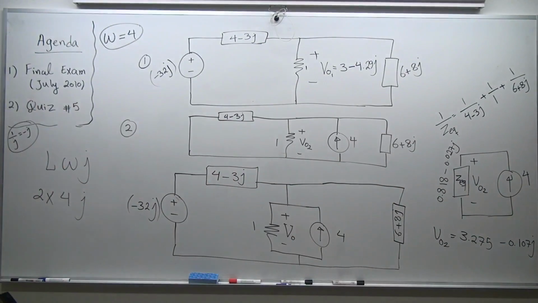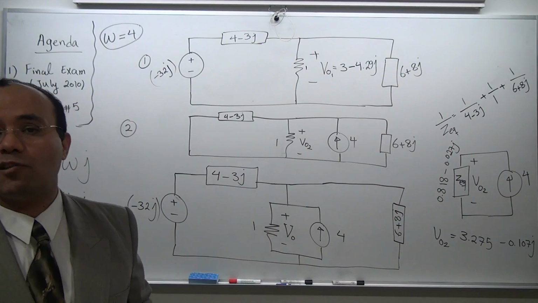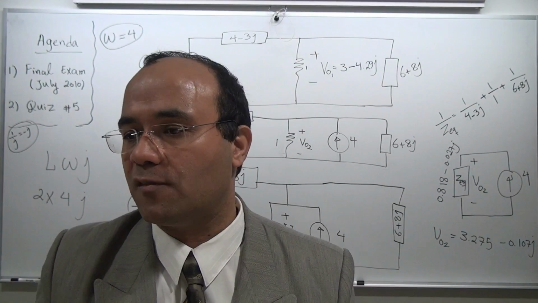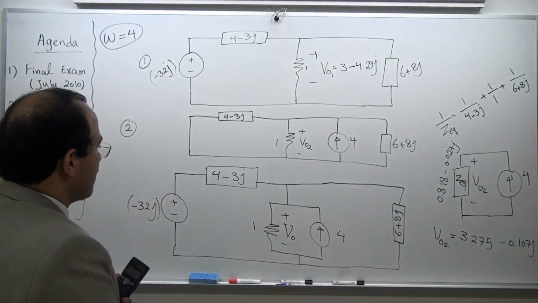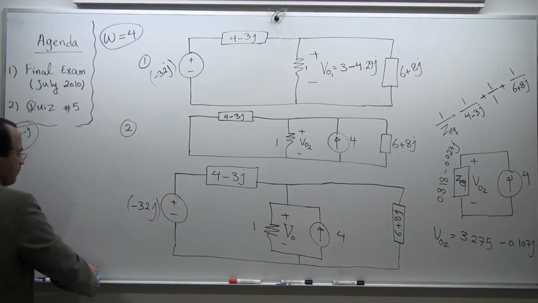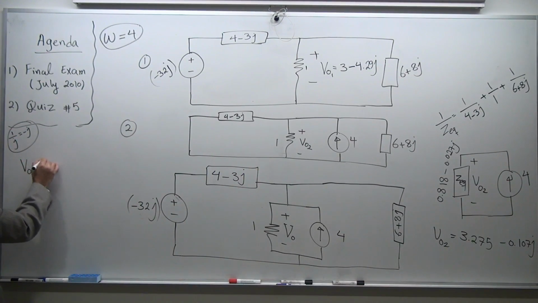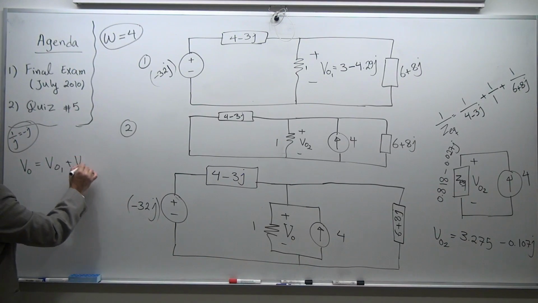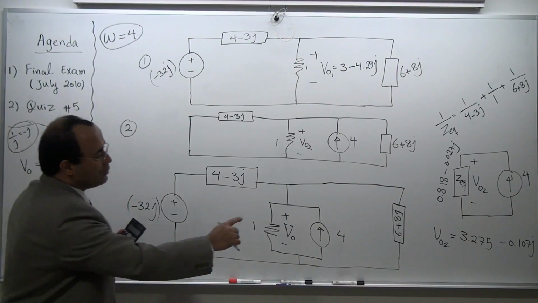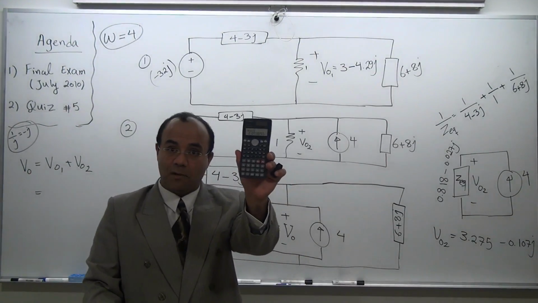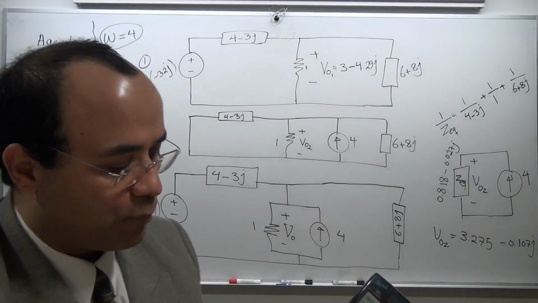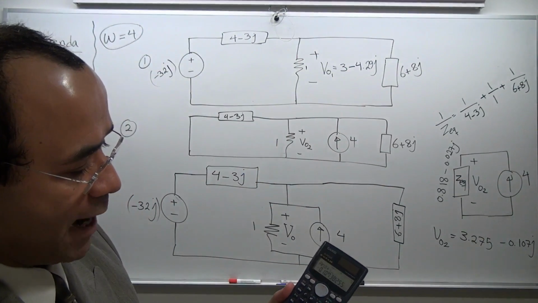Okay. You've got VO1, you've got VO2, and superposition is the most extensive, expensive, time-consuming method in the exam. So you need to add them up. So let's add them up and see what happens. My VO total is equal to VO1 plus VO2 because I maintain the same polarity on both contributions. I need to add this, which I still have on my calculator, plus this, which has some rounding error already. So it's plus 3, open bracket, 3